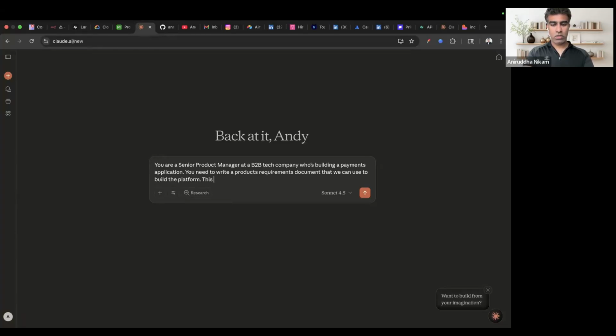This document needs to have the following. So this is where you're going to give it what all you need inside the document. I'm going to give it a few things, but you can either give it all of these things, which is a lot of things to give, or in my case, I have a template prepared of my document so I can show people that